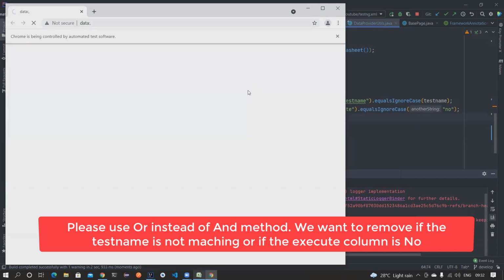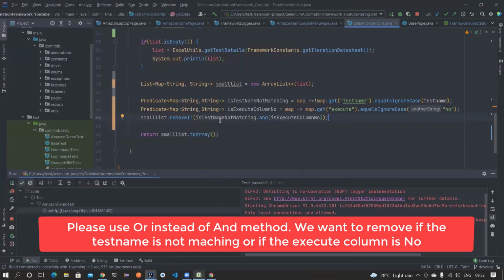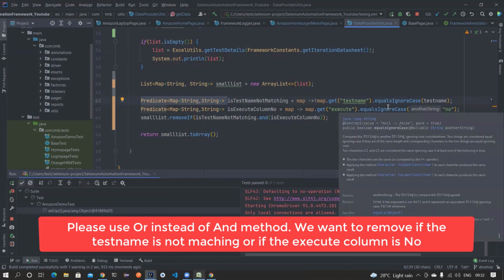Now it's again opening the website. Hey guys, the only thing I'm trying to do is, if you have a lot of verbosity, the removeIf method comes in handy. If you want to use the removeIf method, you need to know what a predicate is, and that's what we have learned in the previous classes: what is a predicate, how to use a predicate, and all those things. So please try to leverage all these things and use this in your code, so that you get a lot of understanding of how this whole thing works.